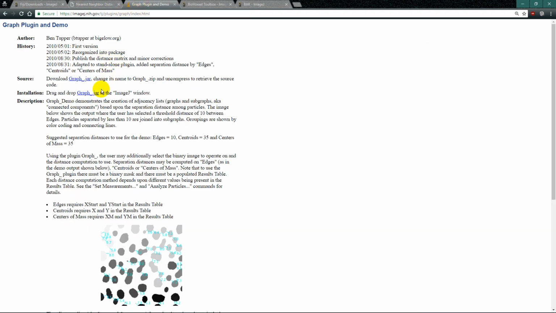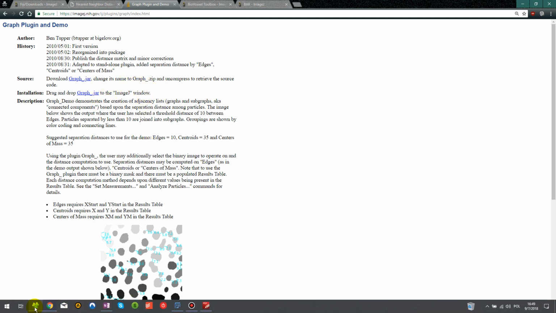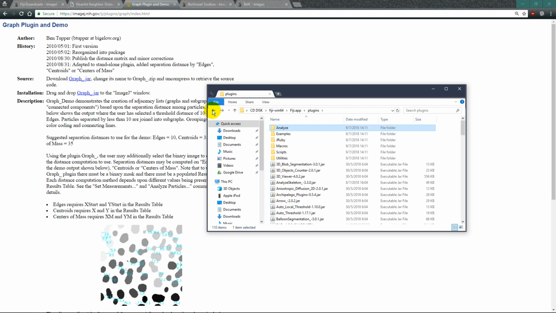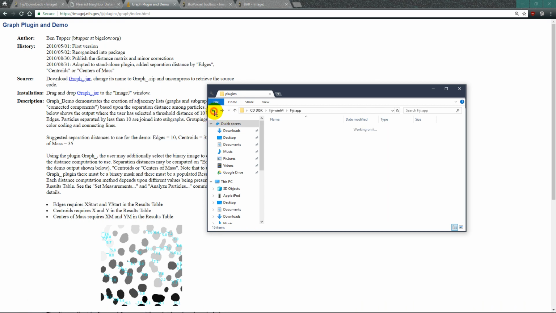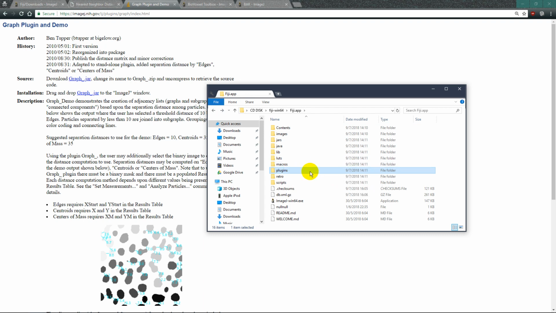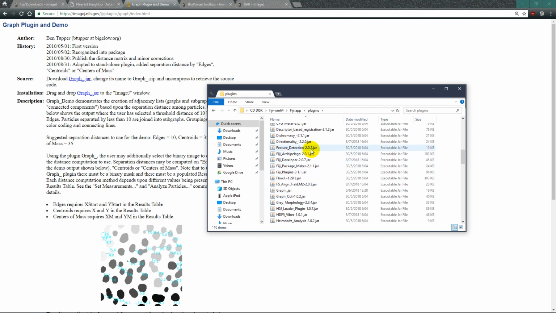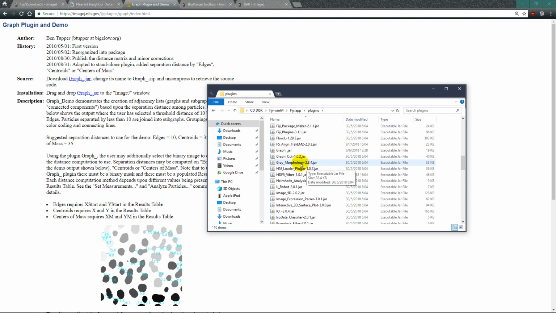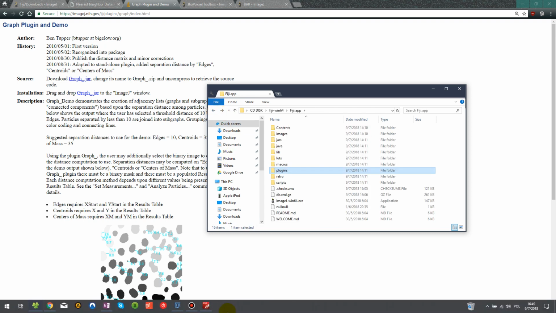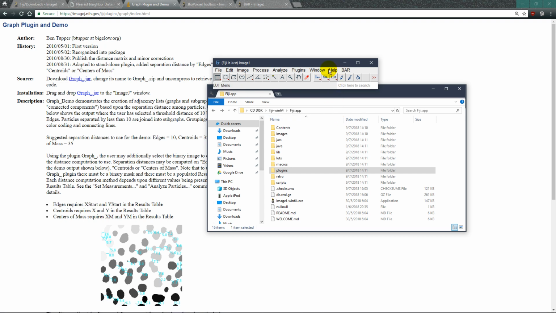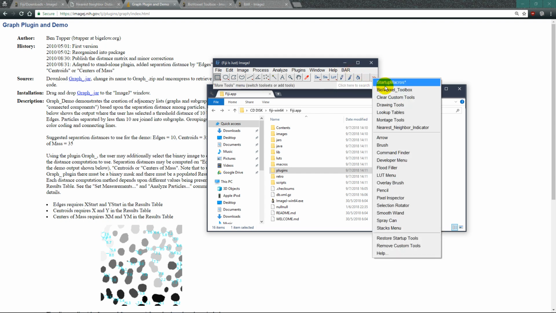Then the graph plugin. You can also download it from this website, but if it's not working, it's in the same folder. Then copy the file graph.jar and go into the plugins folder of ImageJ directory and paste it somewhere here. In my case, it's already there. Then the next 2 steps is about activating 2 toolboxes, which you can find after installation here, bar and biovoxel